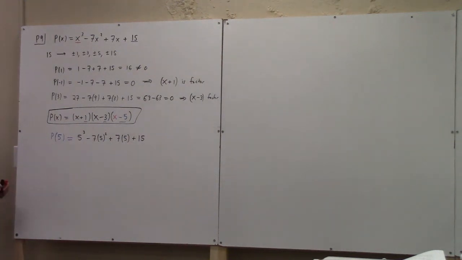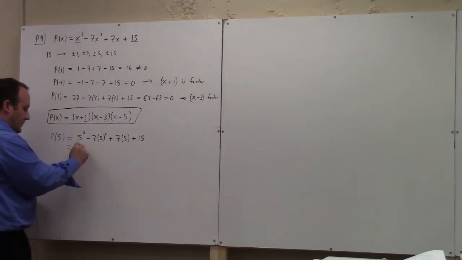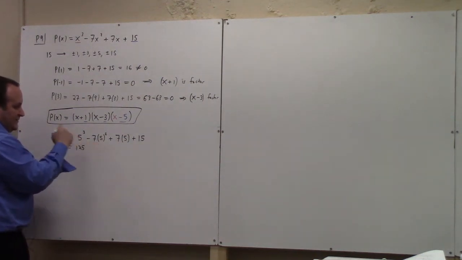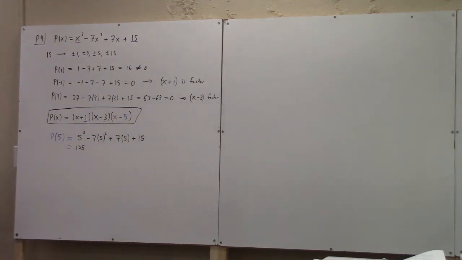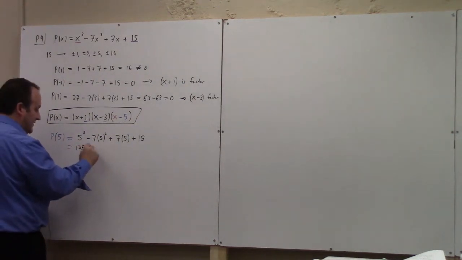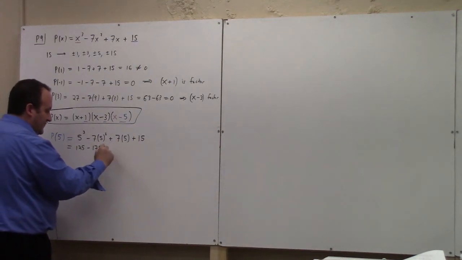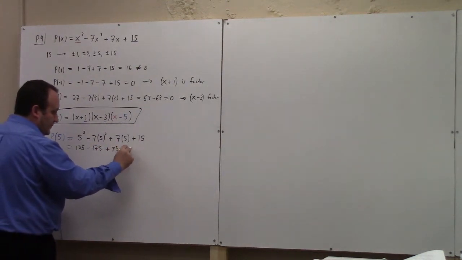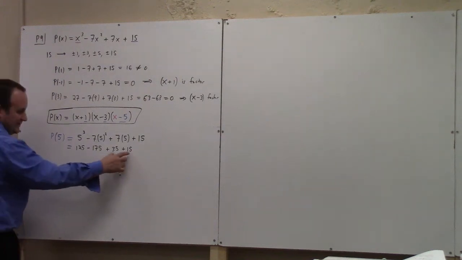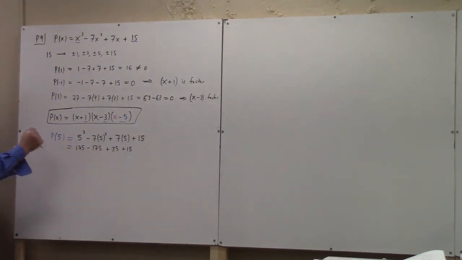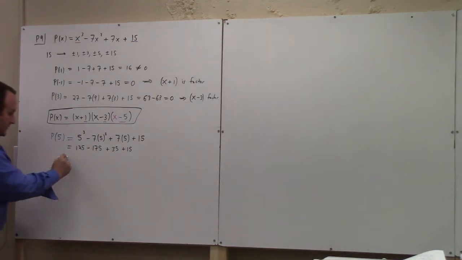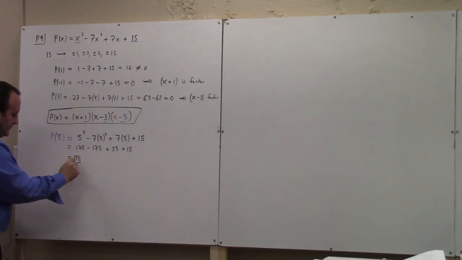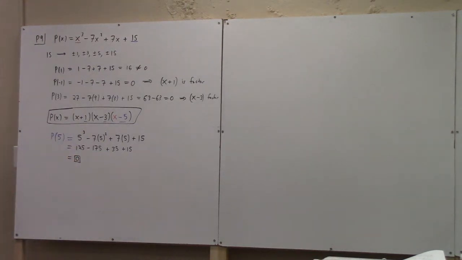But that is 125. That's 7 times 25. 7 times 25 is 175. So minus 175. 5 times 7 is 35. 15, right? So these last 2 terms give 50. That's 50 plus 125 is 175. 175 minus 175 is 0. So, yeah. Again, I'm sorry it didn't work out, but